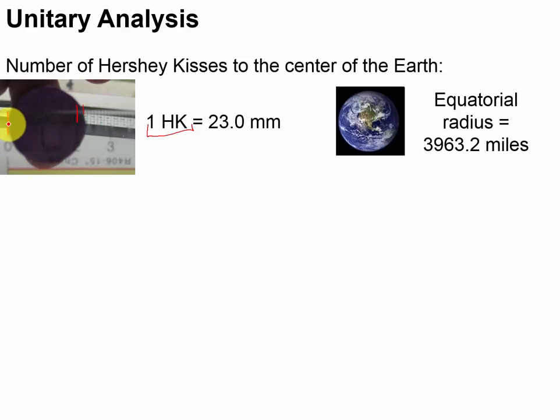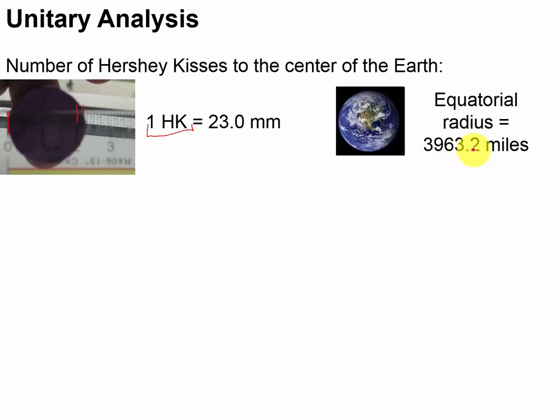Also notice that I'm right here on the line for the 0 mark. So we're at 23.0 millimeters for 1 Hershey's Kiss. Anytime that I have an equal sign, that means that I'm going to be able to create a conversion factor from it. Now, equatorial radius of Earth is, and this varies from point to point, but it's about